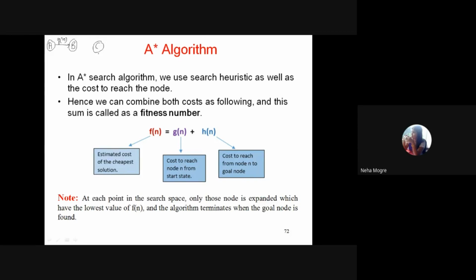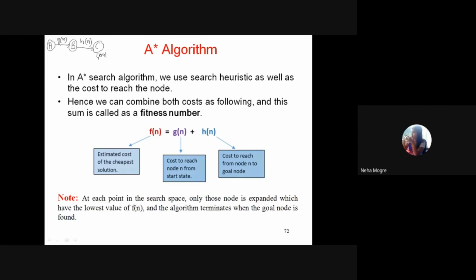Reaching from B to C is nothing but the h of n value, the direct route from some node to the goal node. From a particular node directly reaching the goal node, that distance is known as the h of n value.